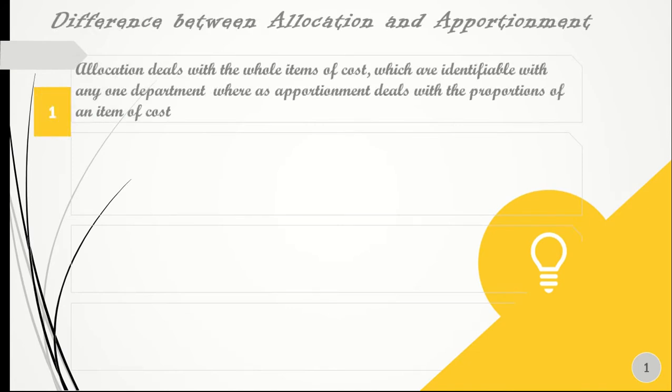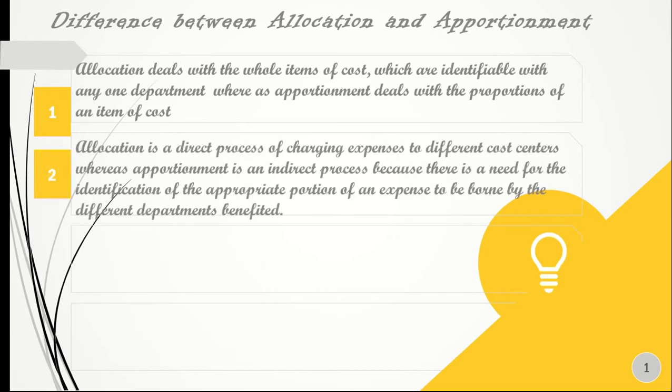Difference between allocation and apportionment. 1. Allocation deals with the whole items of cost, which are identifiable with any one department, whereas apportionment deals with the proportions of an item of cost. 2. Allocation is a direct process of charging expenses to different cost centers, whereas apportionment is an indirect process because there is a need for the identification of the appropriate portion of an expense to be borne by the different